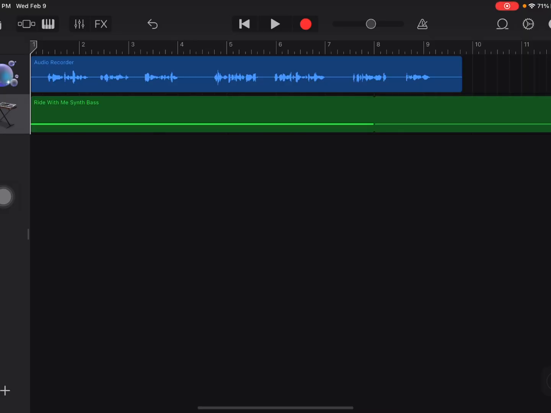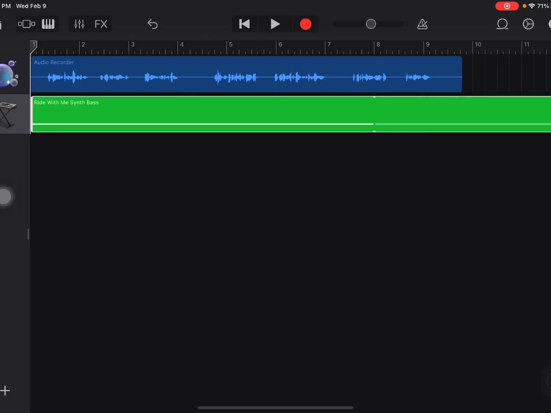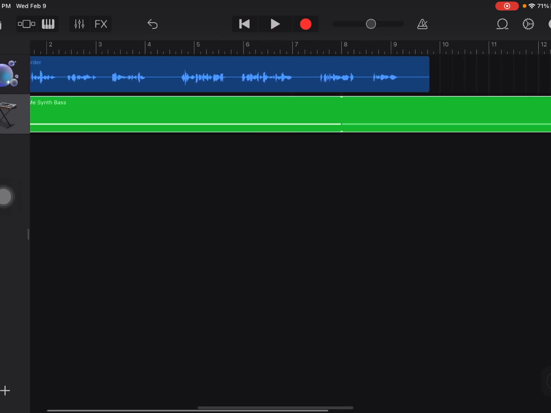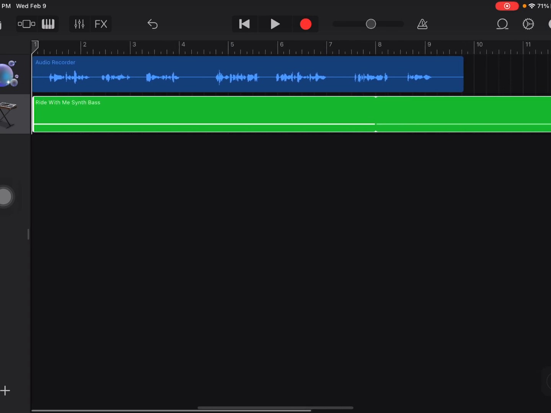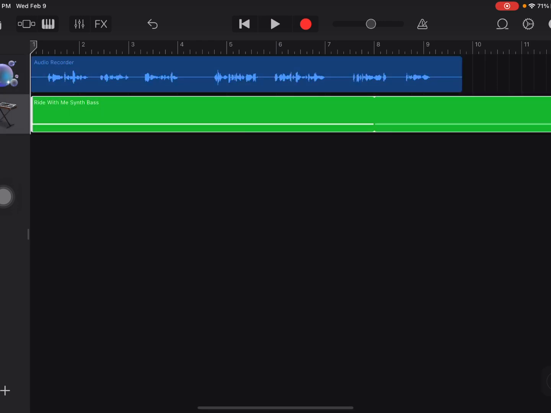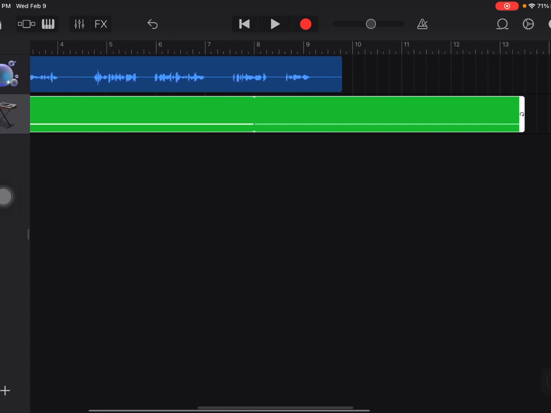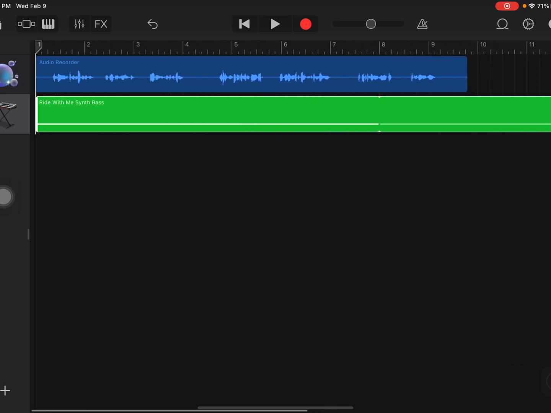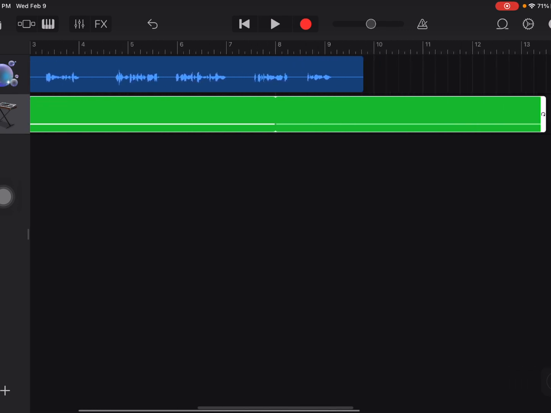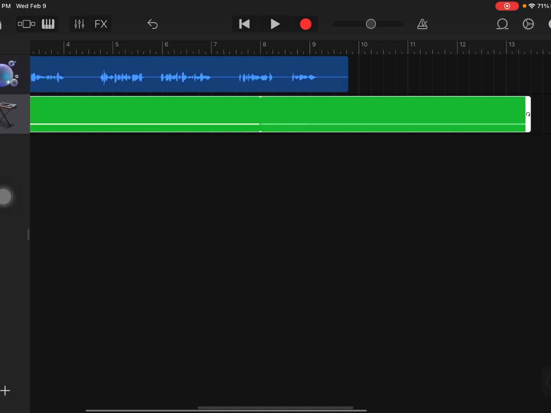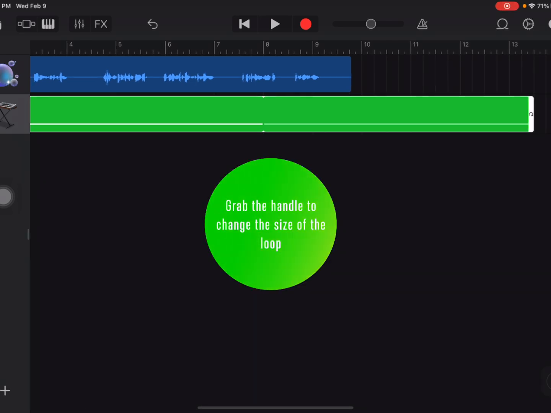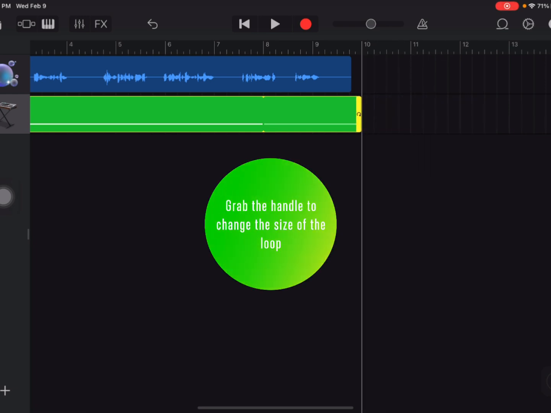So now we want to take our loop that we've added, and we notice that it goes beyond our voice recording, so we can very easily switch that. Now when I tap on either one, they highlight. So let's tap the Ride With Me synth bass, the loop we added, and if I scroll with my hand at the bottom of the screen, I can get to the front and back very easily without messing up the size of my recordings. So if I slide this over to here, or even here,